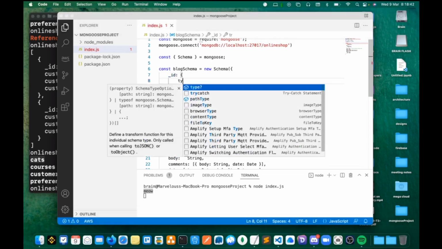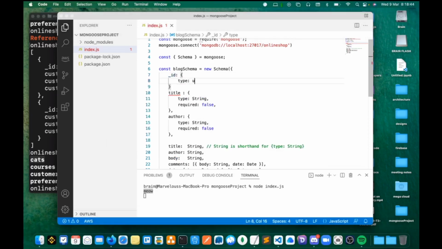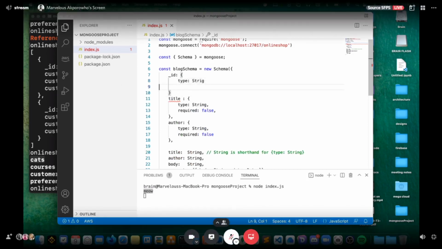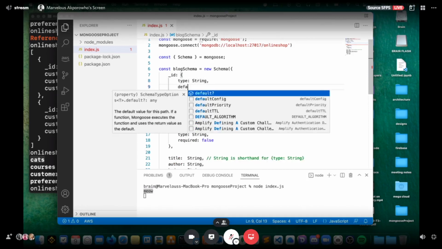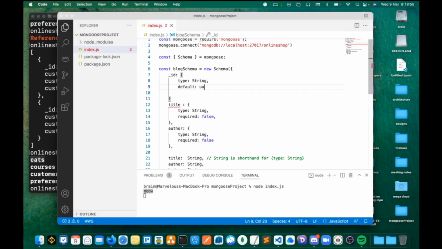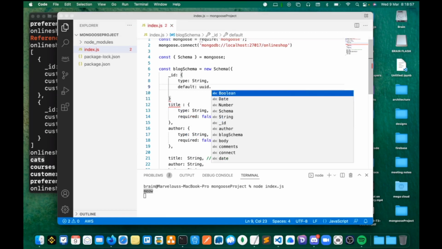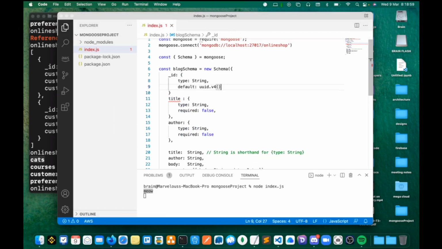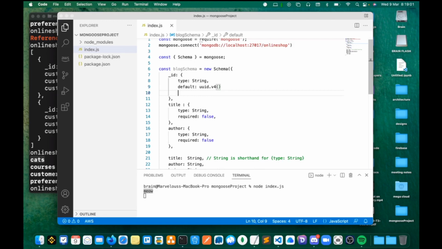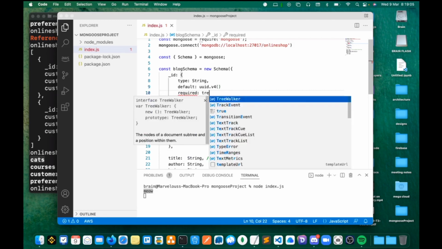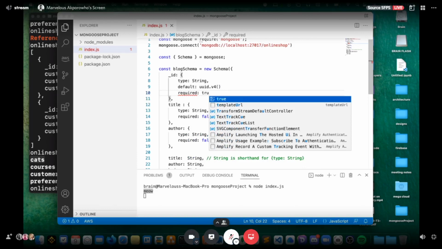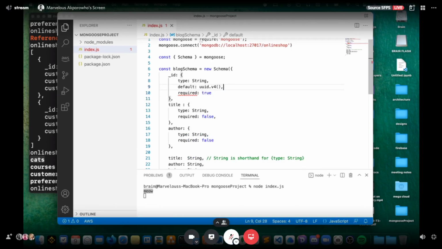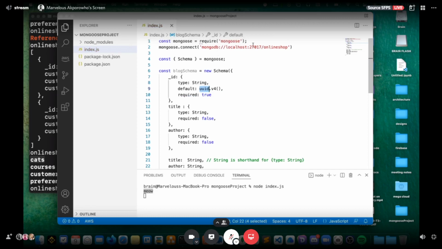We can have type. I don't know if they have the UUID type here, so I'm going to just say string, and I think that's not properly spelled. Then we have the default, and default can be uuid dot v4, right? Even though we don't have that included now, we can have required true. I hope this is okay. So we should have a comma here,